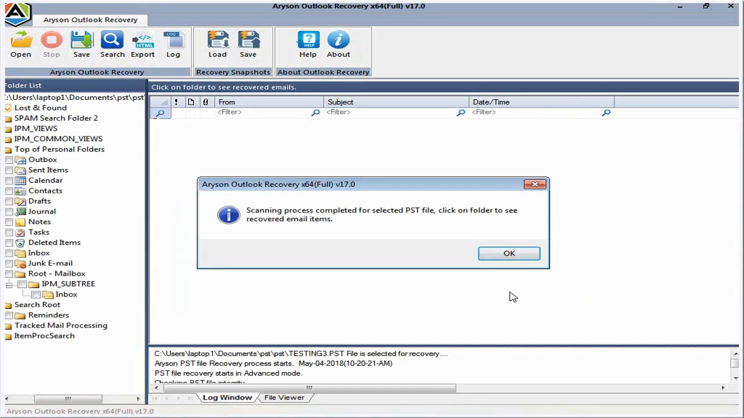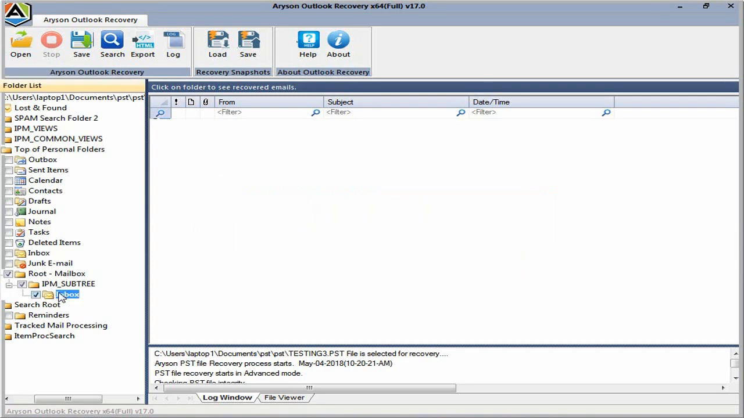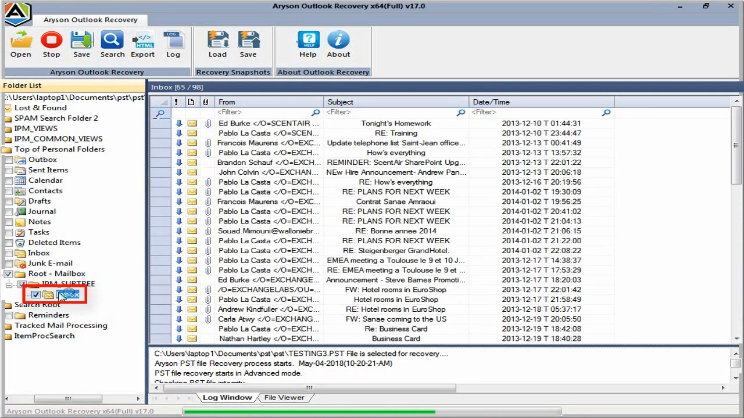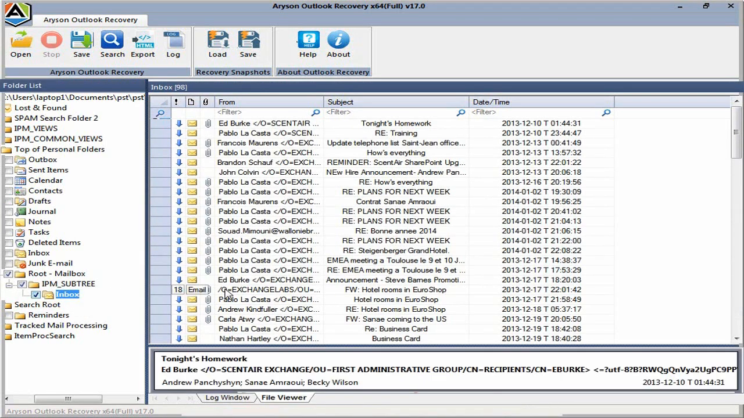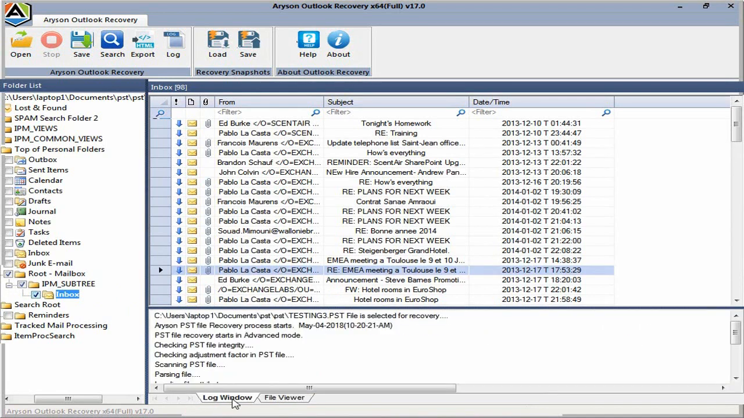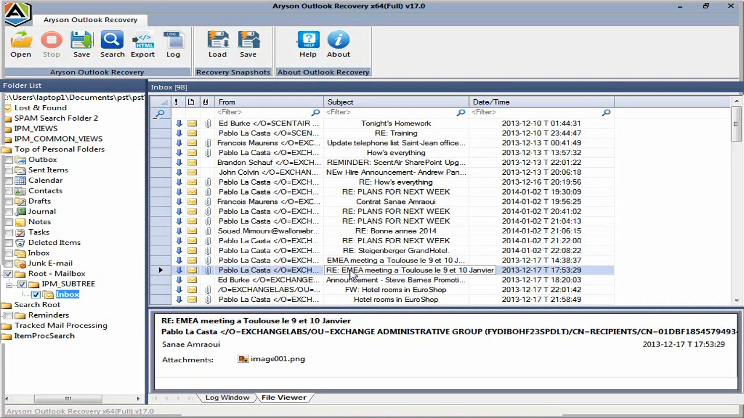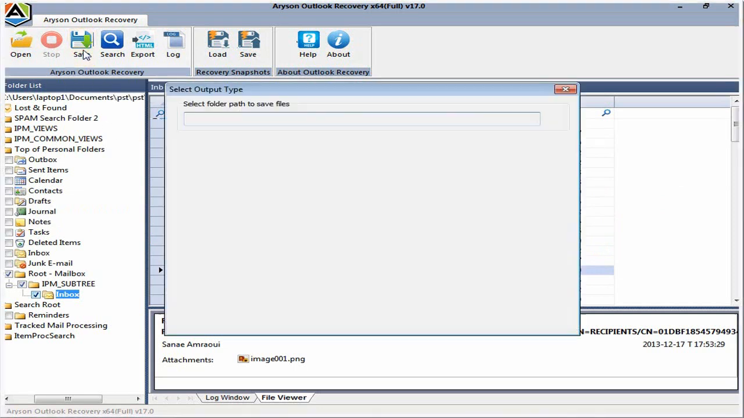Now click on the OK button after the scanning is complete. Click over the Inbox folder to view your particular email. Now finally save the recovered PST file into a new one by clicking on the Save button from the menu